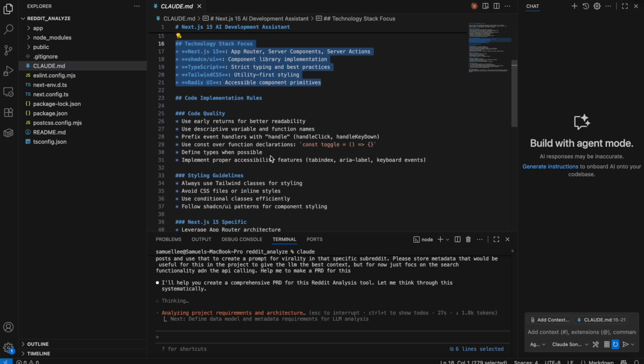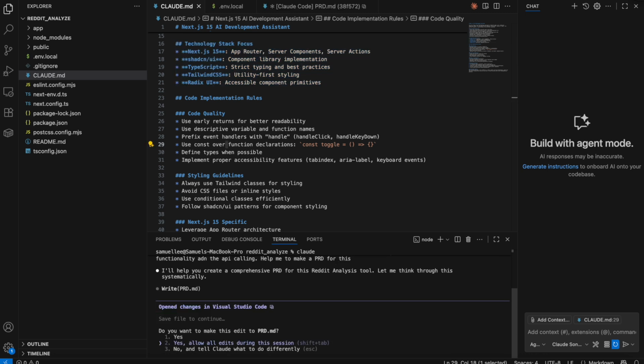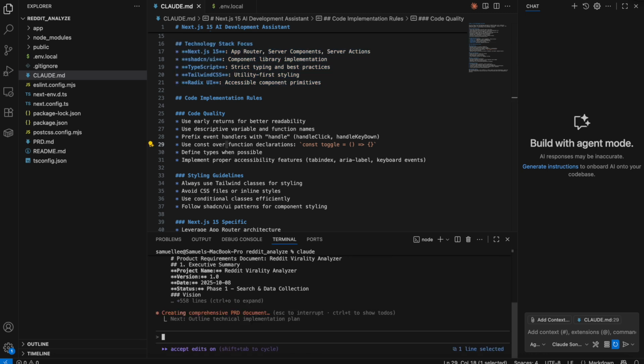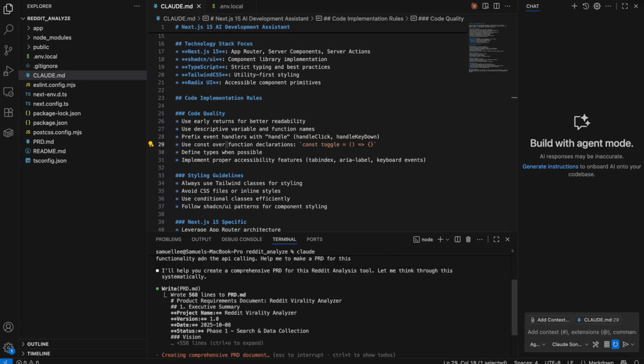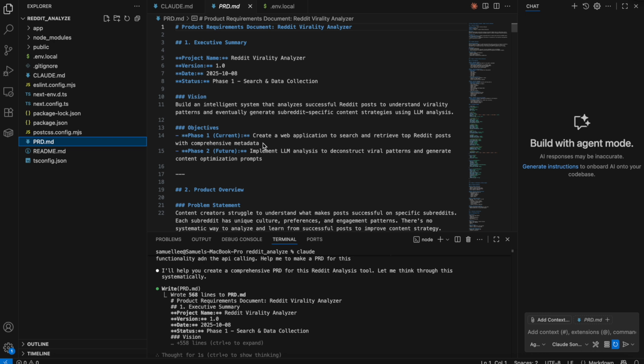And there are plenty of good resources online to help you find those things. Right, so now the PRD is done, and I'm just going to let it write the PRD so I can see what it is.